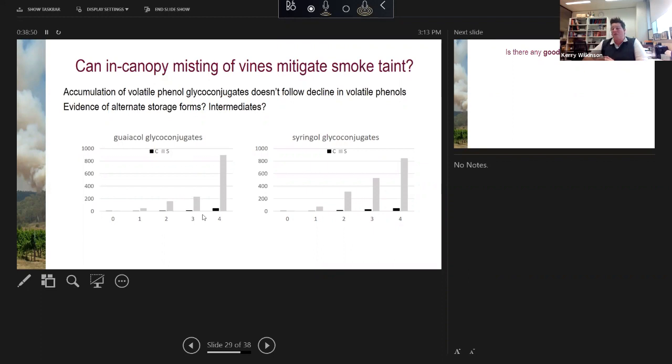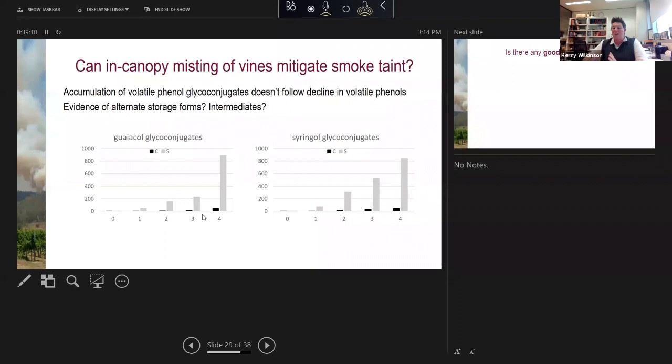Do we have these volatile phenols being sequestered in other parts of the cells or in cell walls, or is there some other intermediate that's being formed as part of the glycosylation process? But it's also useful for industry to know because it means that at least in some grape varieties, there may be this window,